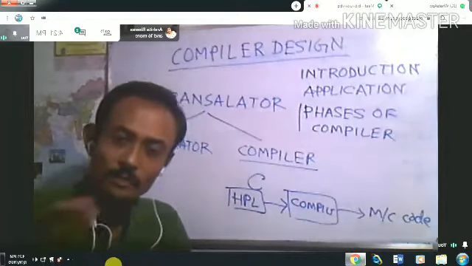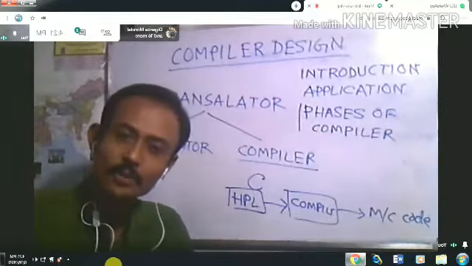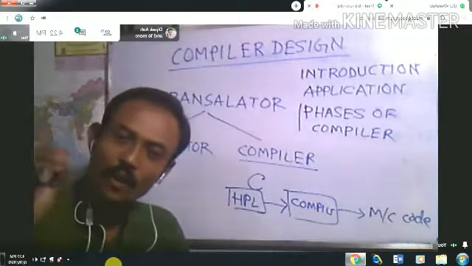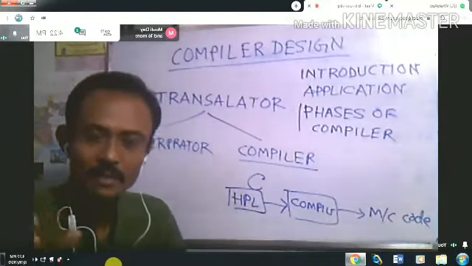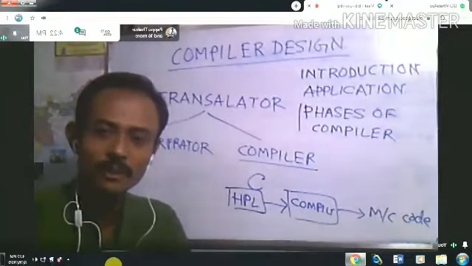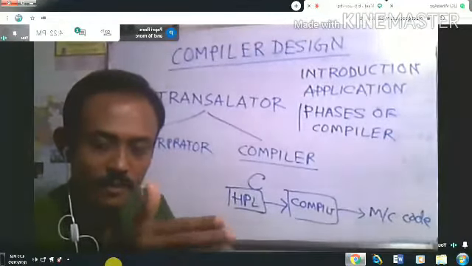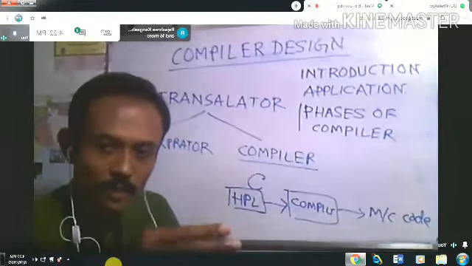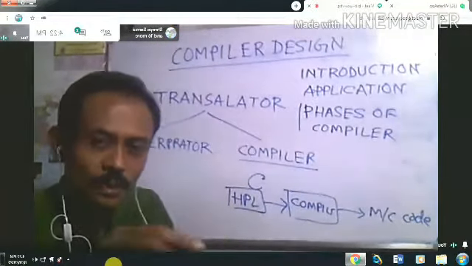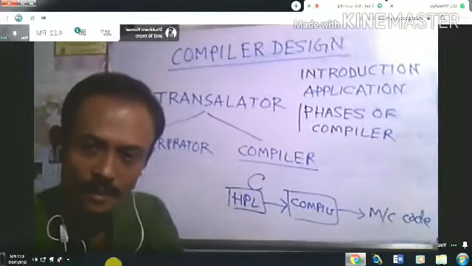And then what will happen? Whatever program you write, whatever software you develop, that software uses a programming language. You will develop software using some programming language, writing your program in a high level programming language, but your machine will not understand it. Whether it may be C or Java or any other programming language, you are writing the code in high level, English type language, so your machine is unable to understand that.